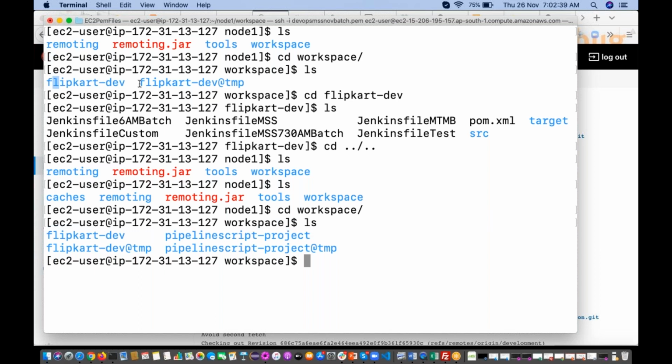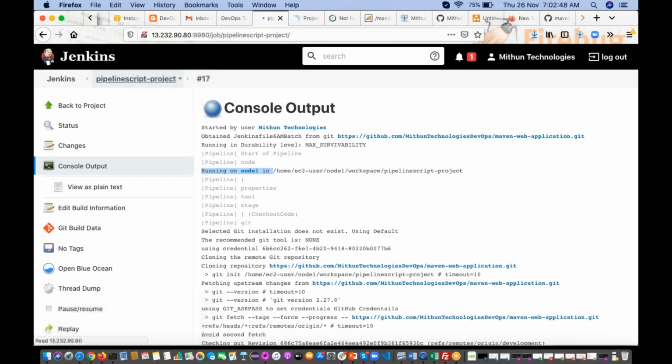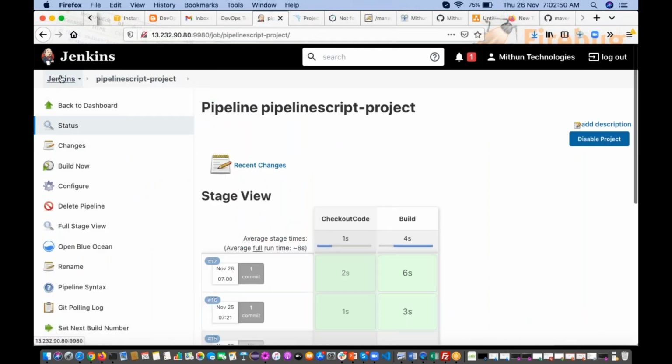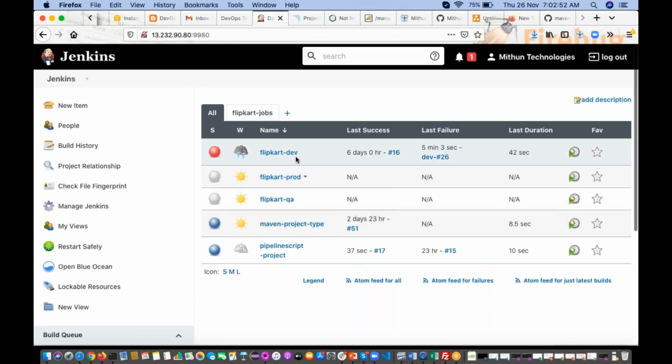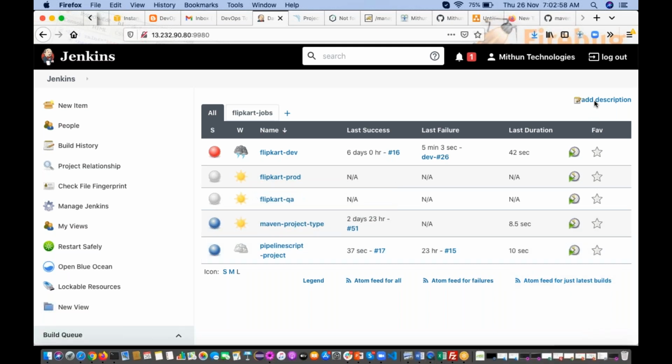Earlier it was only this Flipkart related one. Now another job is also running. So now I have configured these two jobs, this job and this job. So if I trigger both jobs at a time,